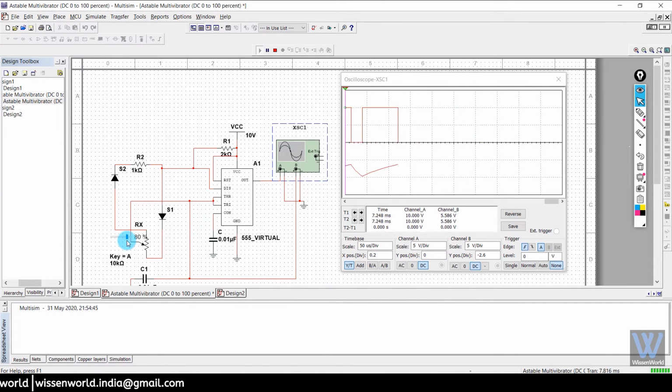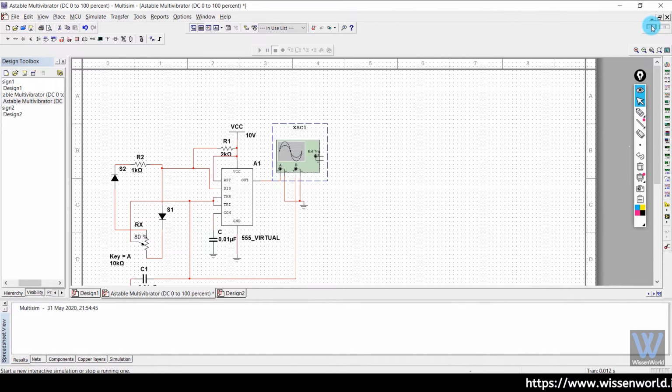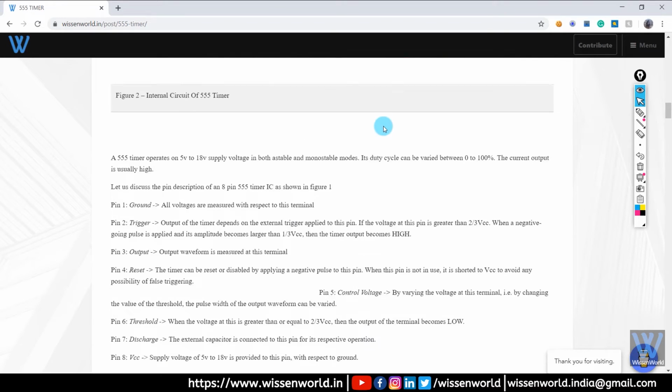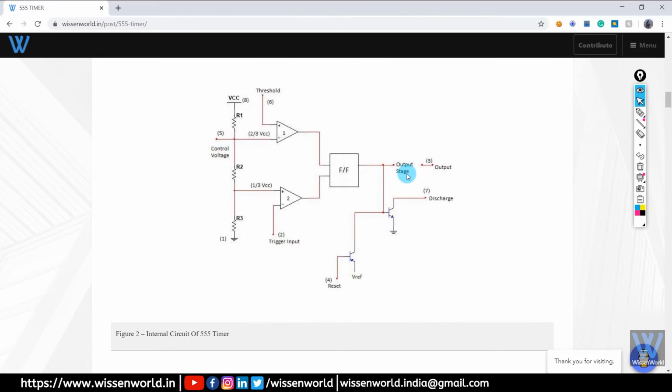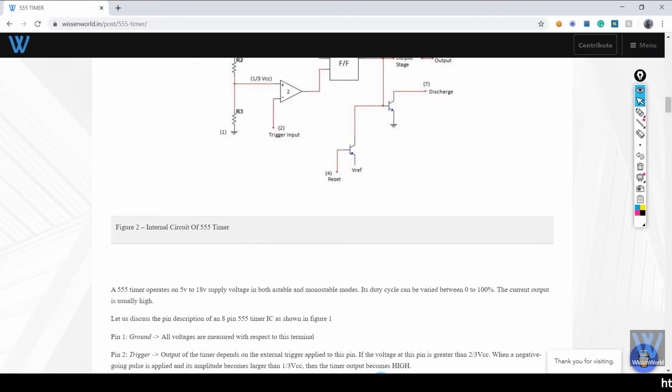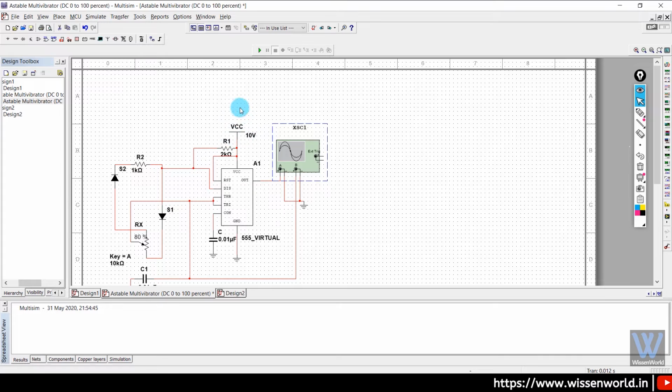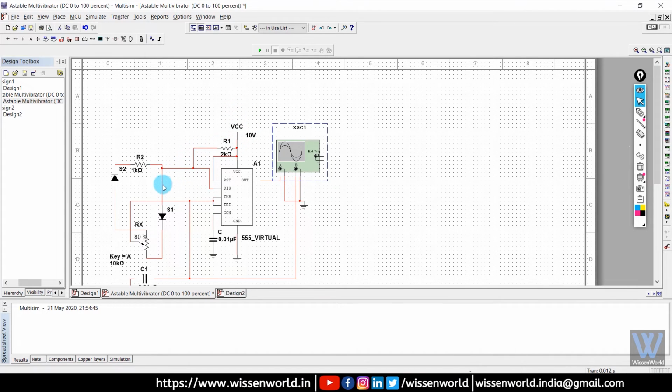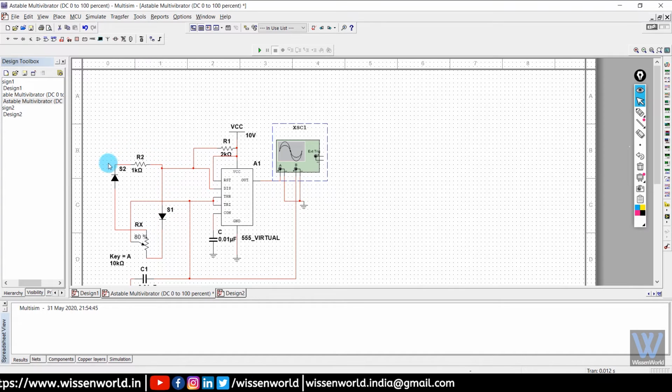Now you must be wondering how this circuit is working. I'll explain that. First let me close this. Now you remember the internal transistor of the IC here. This transistor, initially it is in off state. Now when the current starts flowing through the VCC in this circuit which I have made, it first flows through this R1 resistance, then it goes to the diode S1. Now why it didn't go in this direction? Because here the S2 diode is reverse biased, so current flows through diode S1.